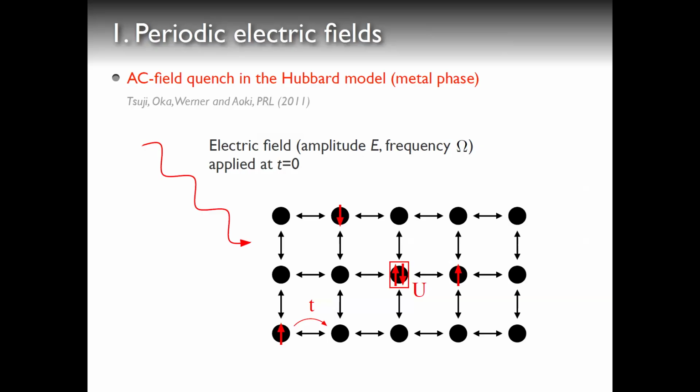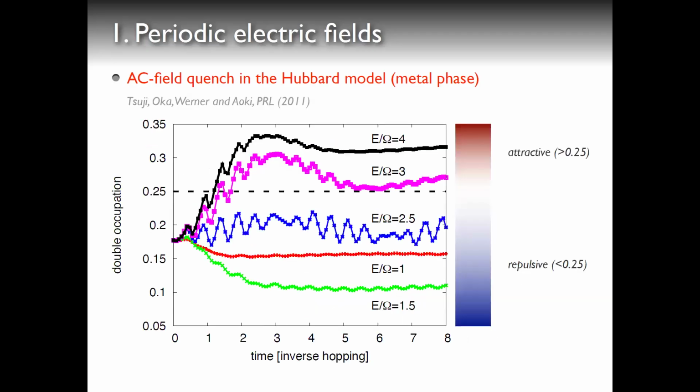The first one is a simple but nice example, namely an AC field quench in a weakly correlated metallic Hubbard model. So we have a Hubbard model with small interaction U, and then we suddenly switch on an electric field with amplitude E and frequency omega. And then we measure the double occupation as a function of time. And I should say that this is a calculation based on a Monte Carlo impurity solver, so these are exact DMFT results. And what we see here is that for small values of the field, the double occupation goes down,